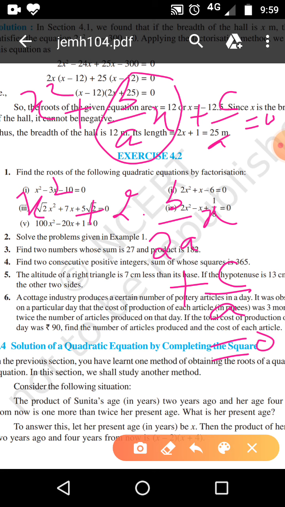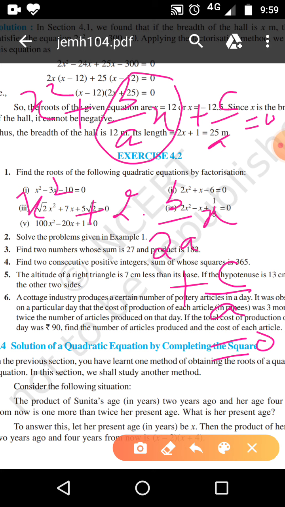The same thing, the 2 cancels, giving b by a. And what is the benefit of that? This is nothing but a square, that means x square, plus 2ab, with b by 2a in place of b, and x. So next step,